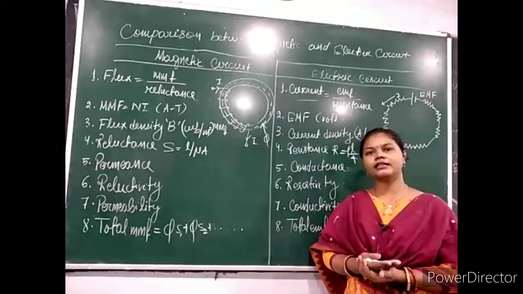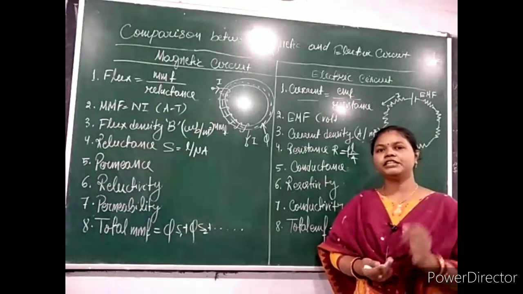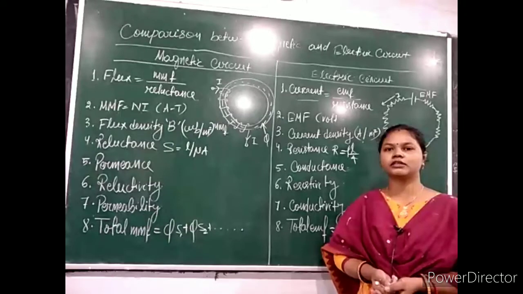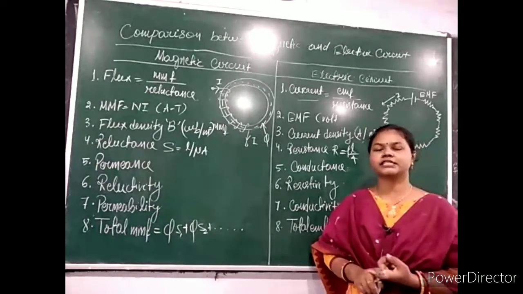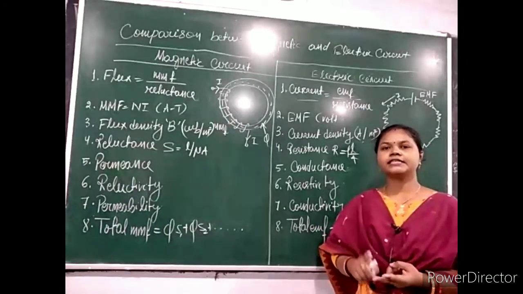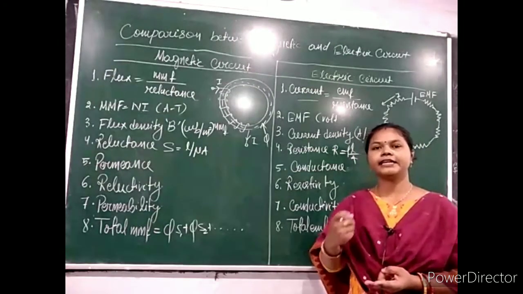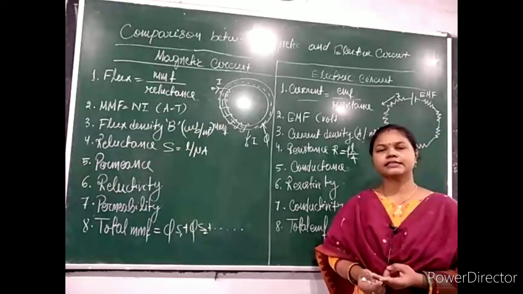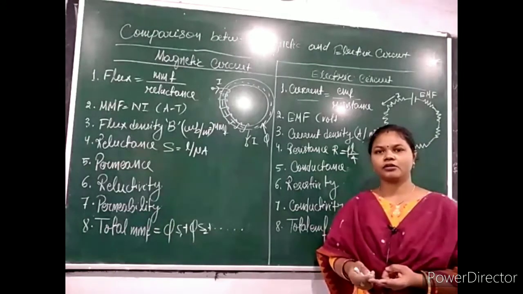Now we see what the differences are between magnetic and electric circuits. The first difference is that the manner in which current flows in an electric circuit is not similar to the flow of flux in the magnetic circuit. The second difference is that the resistance in the electric circuit doesn't depend upon any change in direction or magnitude of current in the circuit. Hence we know that it is a bilateral element, okay.